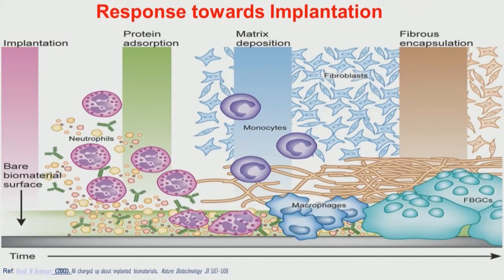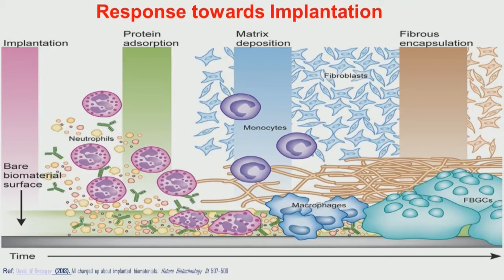Now, once this large number of fibroblasts are functional on the biomaterial substrate interface, they will secrete collagen, and it will form a collagenous extracellular matrix, which will ultimately shield the biomaterial through the formation of the fibrous